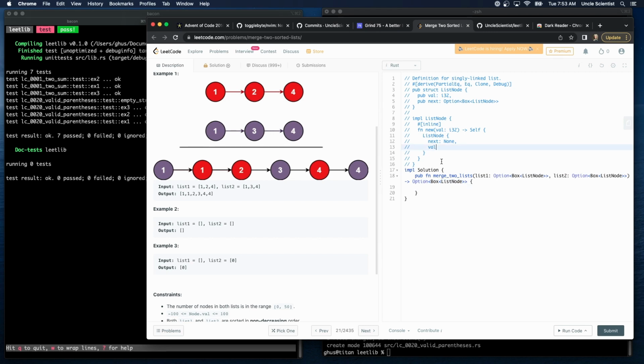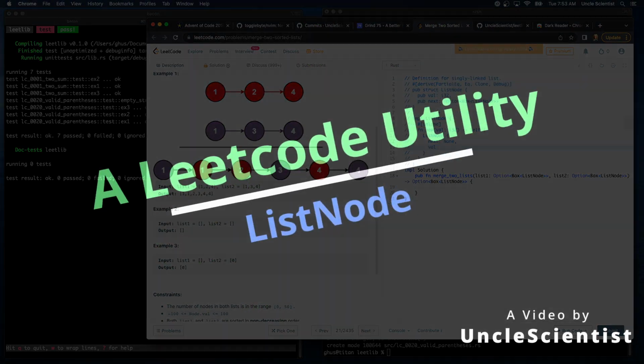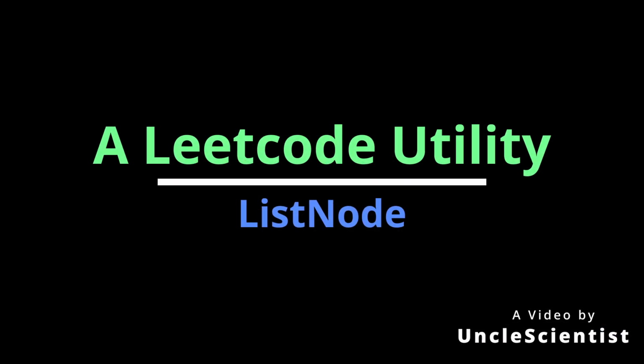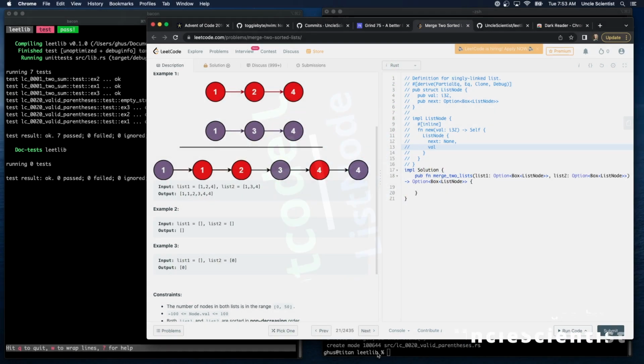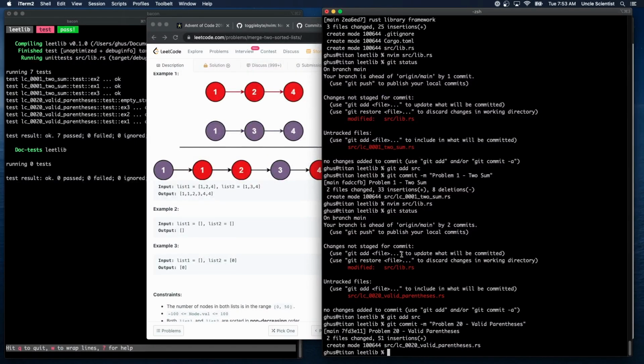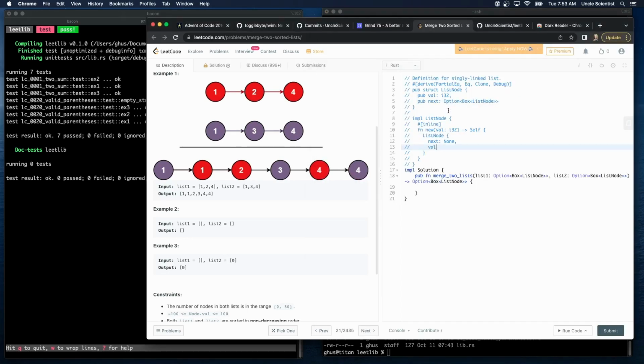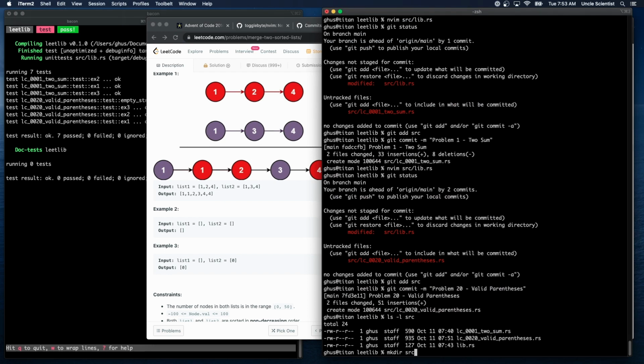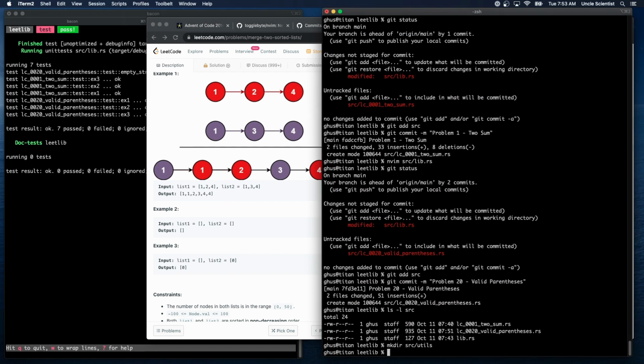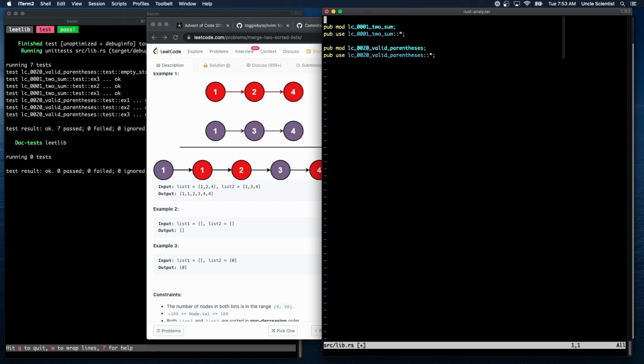Okay, this is interesting. So now what we have is this. In order to write our tests, we're going to have to re-implement this. Why don't we create a little utilities module? Because I think this isn't going to be the only case where we're going to need to implement our own structs. So let's make dir source utils, let's say, and inside our lib, we'll say